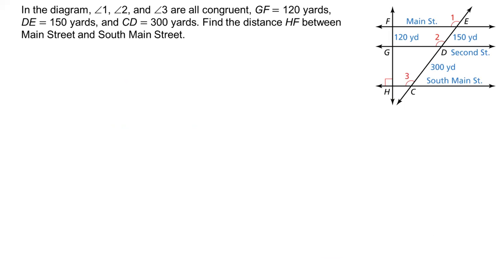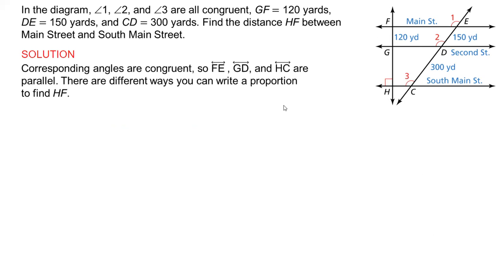We're given that GF is 120 yards, DE is 150 yards, CD is 300 yards. We need to find the distance HF between Main Street and South Street. So we're trying to identify this distance right here, all the way from South Main Street to Main Street up here. All right, so since those angles 1, 2, and 3 are